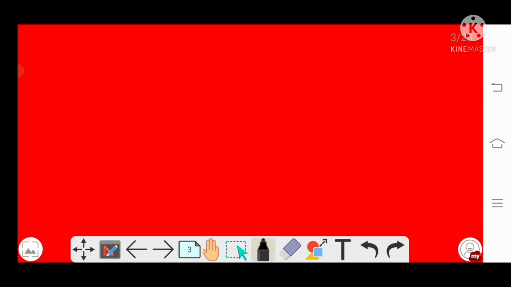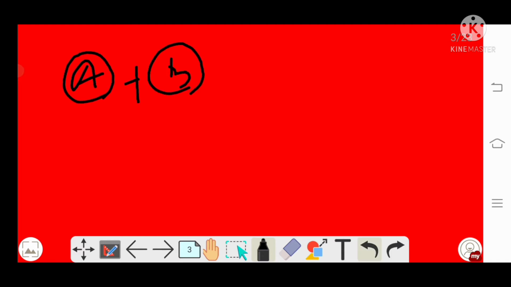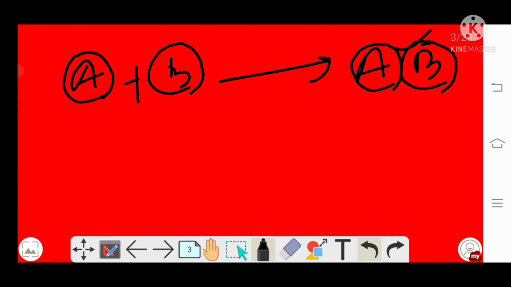Let A and B be reactants that combine together to form a single new compound,